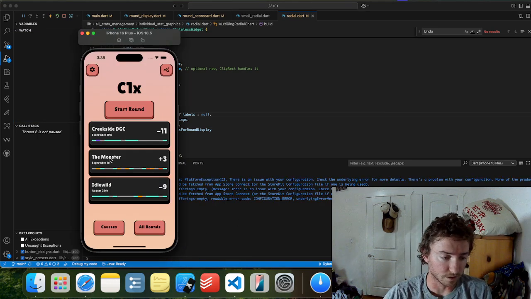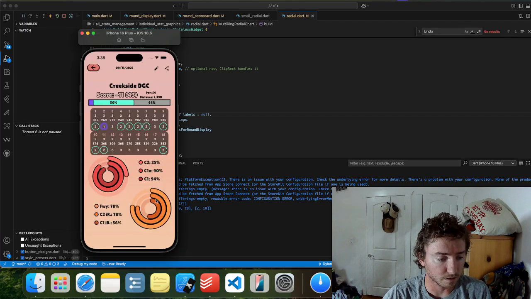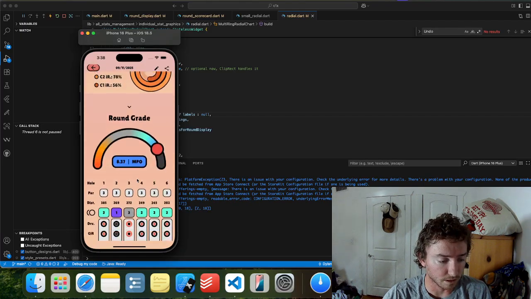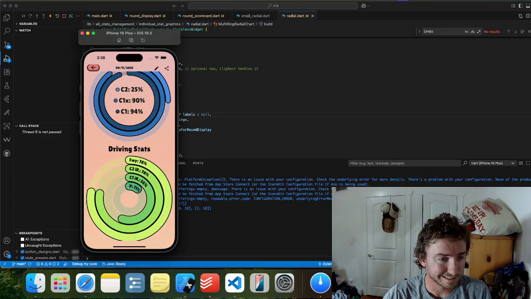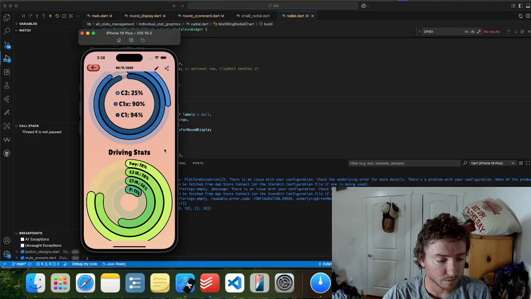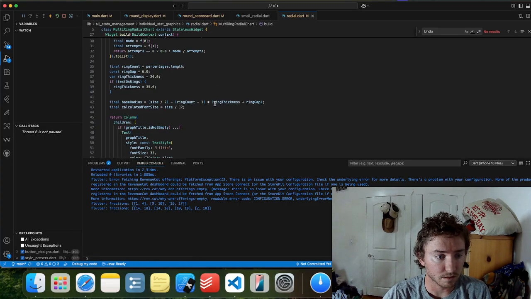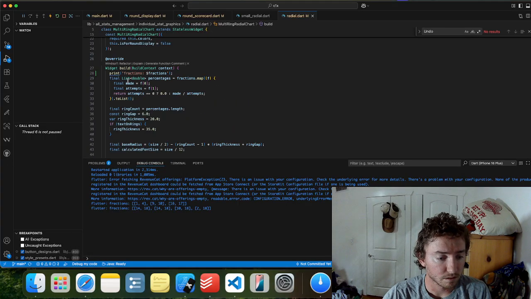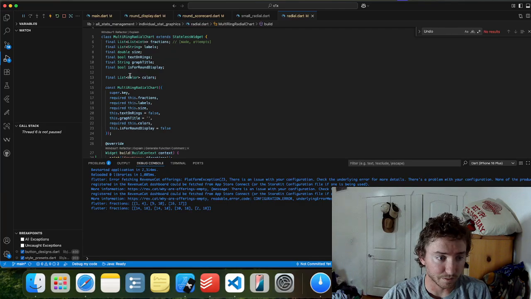All right, so we'll go to the round summary first. Ideally here, we get the numbers, percentages are good here, and then I am getting the percentages there. Did I do that backwards? Everything's giving me percentages. Am I passing is for round display?